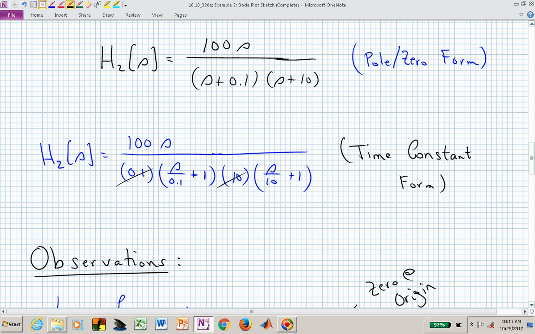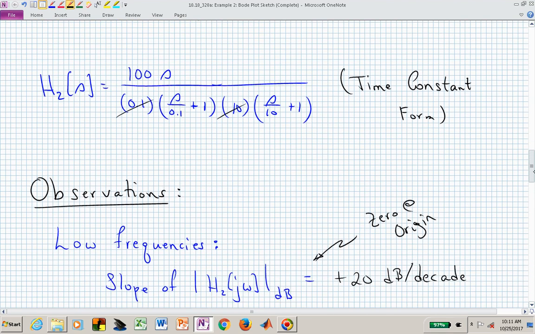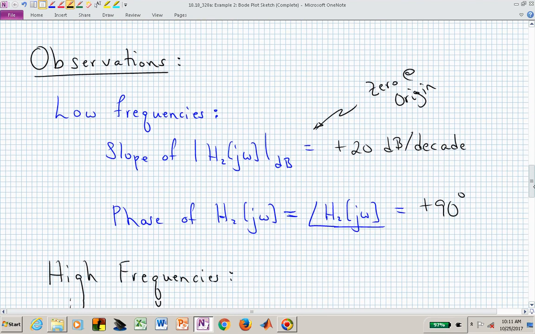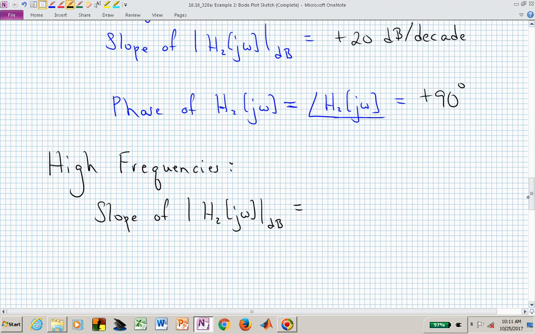At 10, we kick in another slope down due to that pole, and so now we have a net slope of minus 20 dB per decade, and that doesn't change after that last pole becomes active. So for high frequencies, let's say omega equal to 100 or more, the slope is minus 20 dB